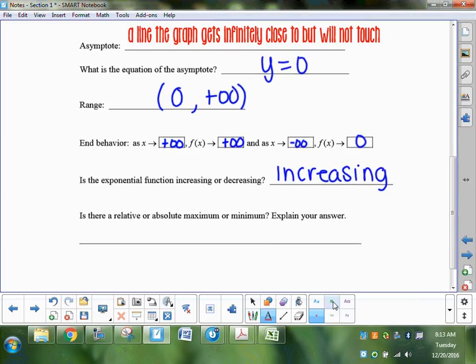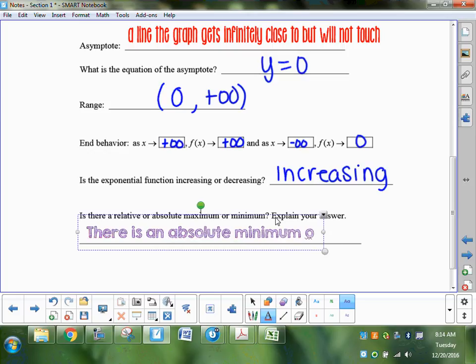So we're going to say this. Relative means local. Absolute means everywhere on the graph. So is the min she's talking about, is it a local min or an absolute min? Which one? It's an absolute one. So we'd say there is an absolute of